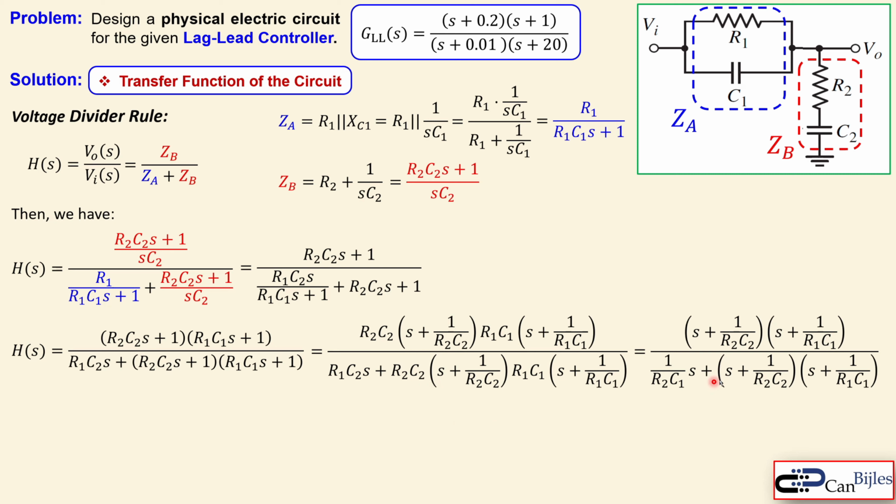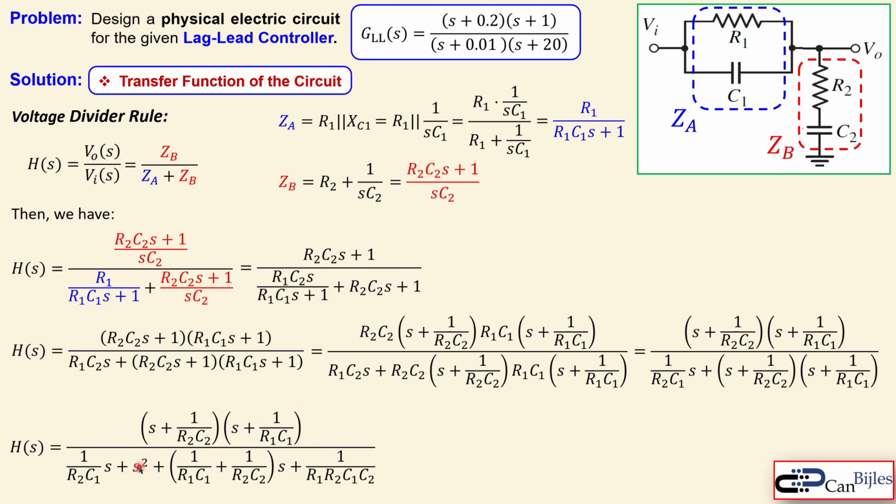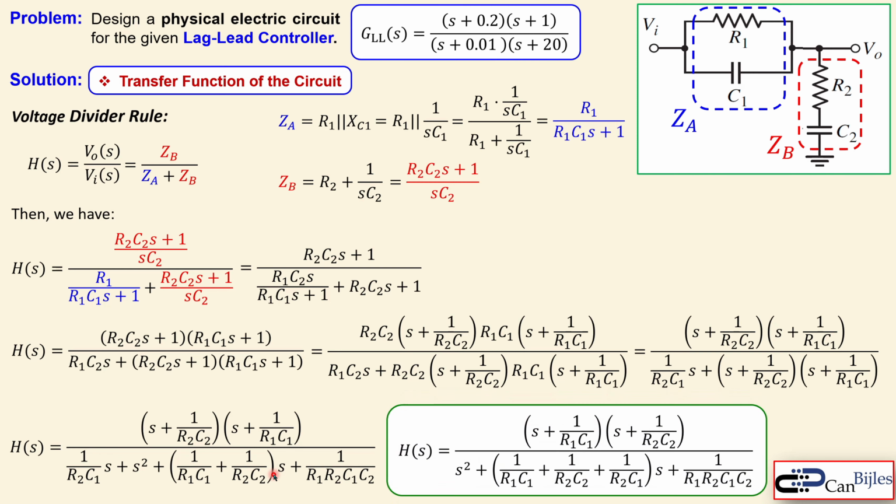Now, when you move on, you can also work out these parentheses that's shown here. So you can see the s squared plus etc. Because by working out the parentheses, you will get this expression. Now, when you work it further out, you can collect the s terms also, because there's an s term here. Now, if you bring it in here, you get the final result, which is shown here as